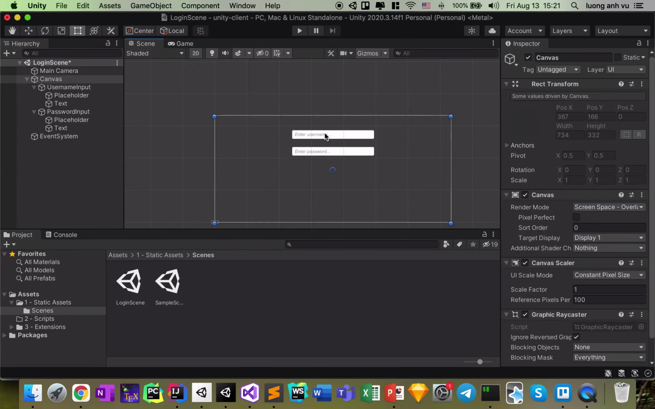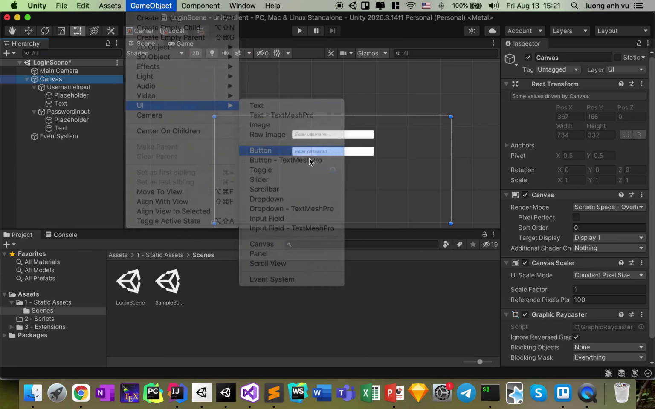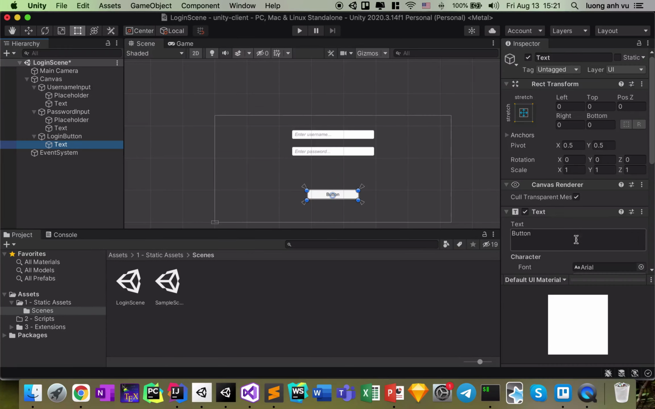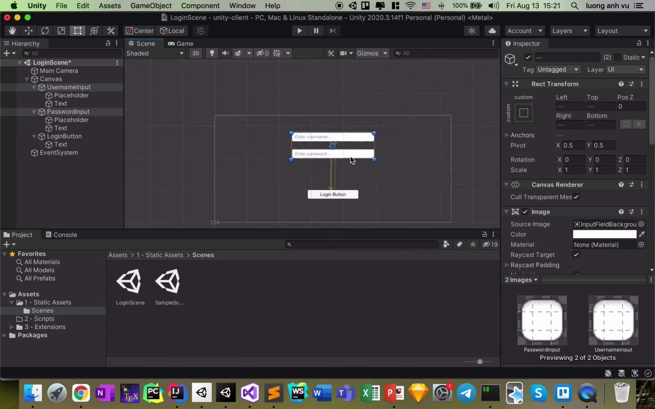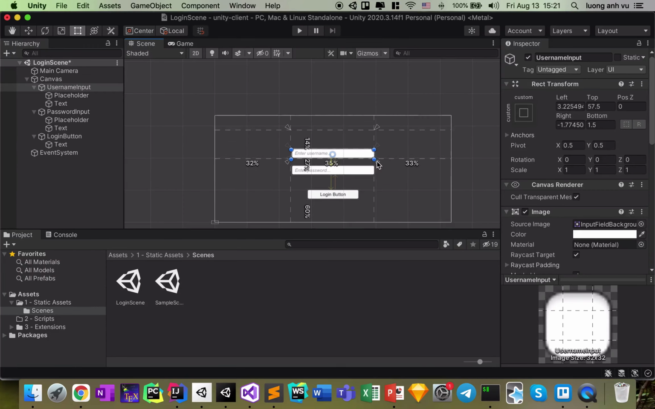And I also need a button. Drag it here, and I'll call it login button with the text login button. Okay, I'll drag the two input fields down a little bit,